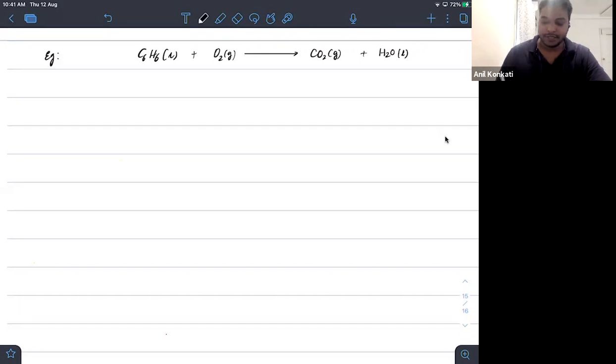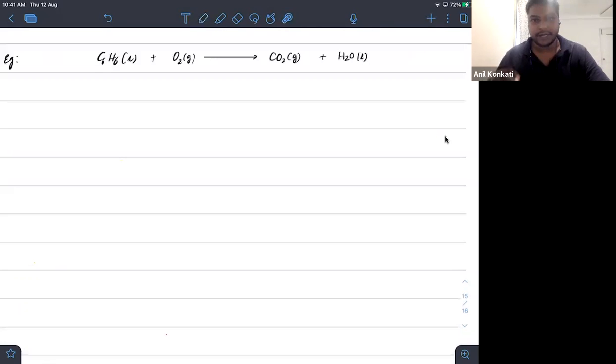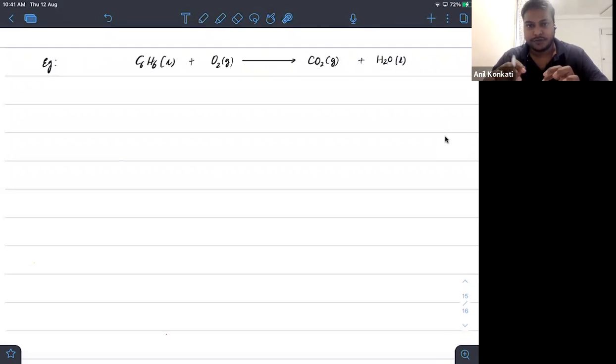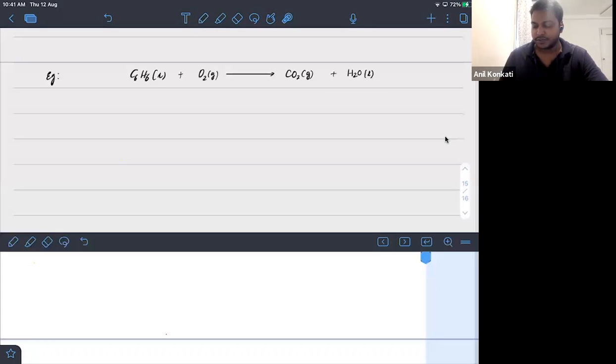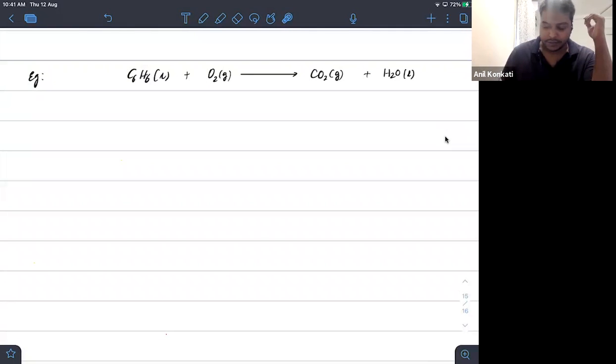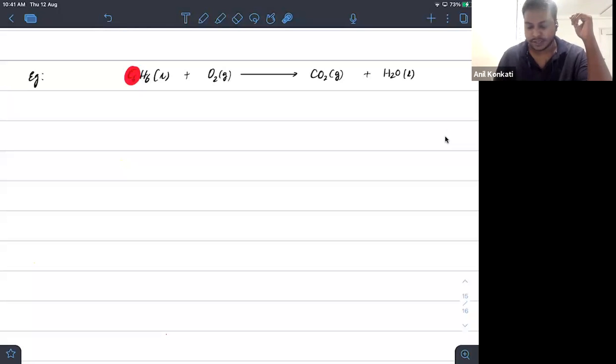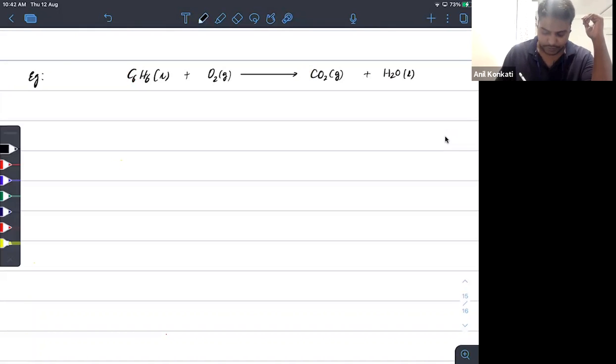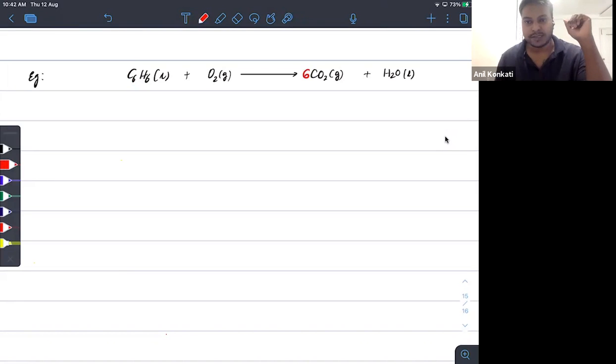Now look, simple things. See, what did I tell you? First, whenever such a kind of question comes, हमेशा कार्बन से start करो, है ना? So you can see there are 6 carbons here. There are 6 carbons here. Right side पे एक ही कार्बन दिख रहा है. So how many carbons should I have? If there are 6 on the left, right side also I should have 6. So that is the first thing you will balance. Carbon हो गया balance.